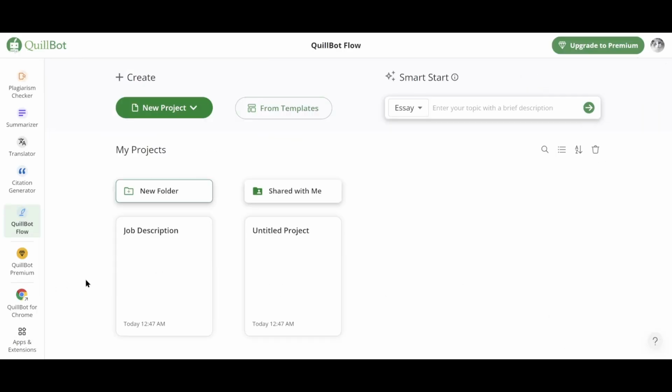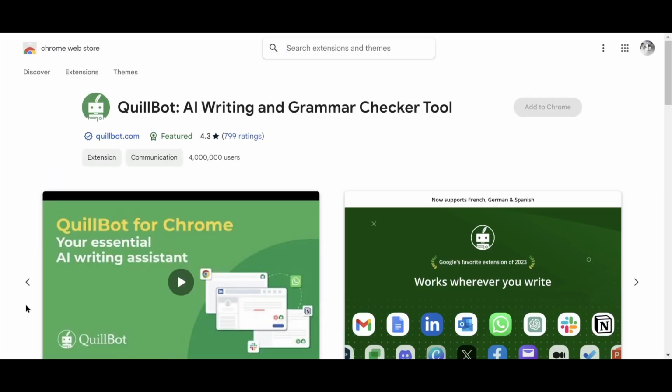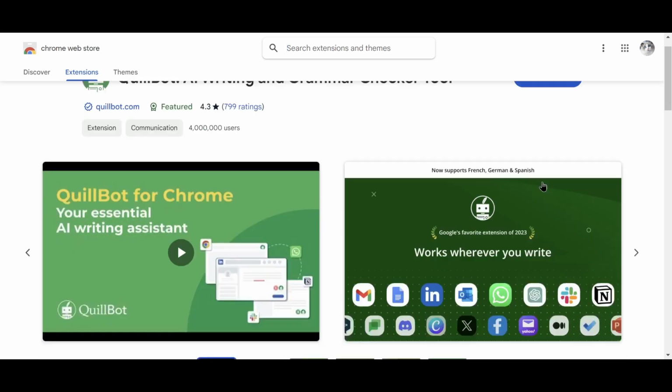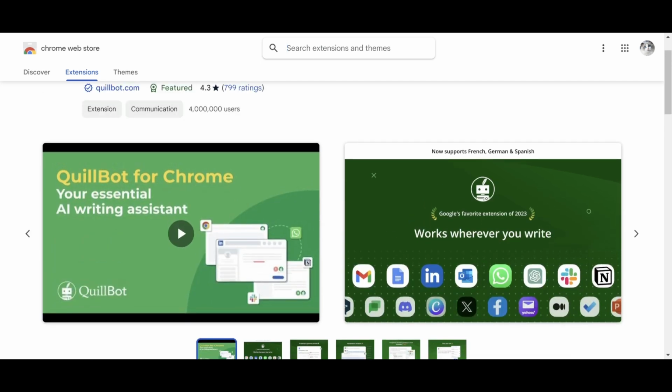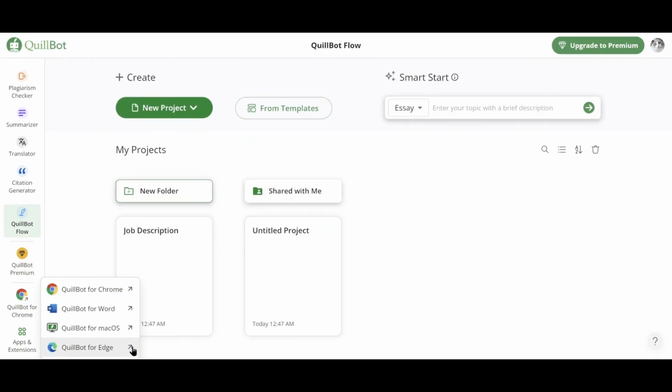To truly enhance your experience with QuillBot, I recommend checking out QuillBot for Chrome. With just a click, you can add it to your browser from the Chrome Web Store, making it super easy to access QuillBot's features while you work online. Additionally, consider exploring the range of apps and extensions available, including QuillBot for Word, QuillBot for macOS, and QuillBot for Edge. These tools are designed to integrate seamlessly into your writing process, allowing you to optimize your productivity no matter where